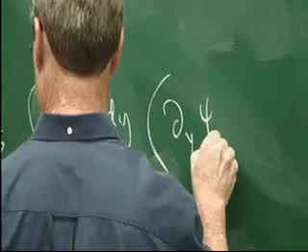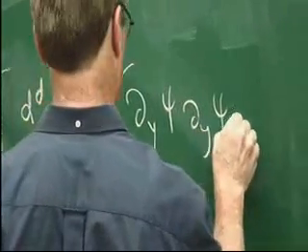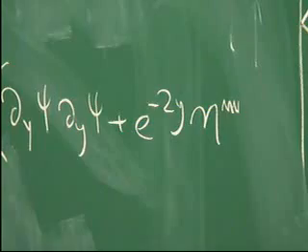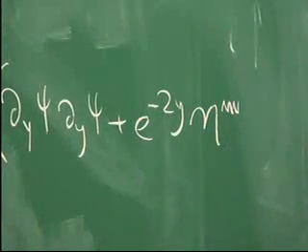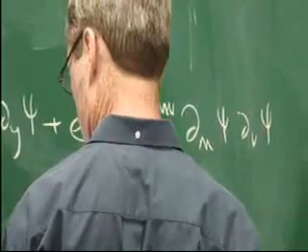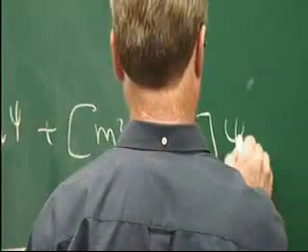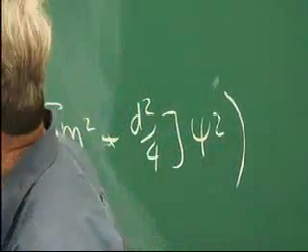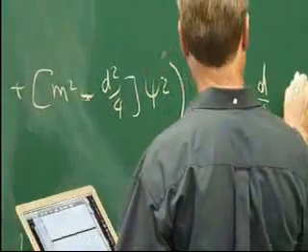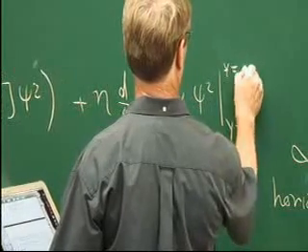Partial y psi. I'm going to put the minus sign all in front. That's convenient. Partial y psi plus e to the minus 2y eta mu nu partial mu psi partial nu psi plus m squared plus d squared over 4 psi squared. And then there's a surface term from the change of variables when you collect things together, and the surface term is plus eta d over 4 integral d dx psi squared evaluated at y equals infinity minus y equals minus